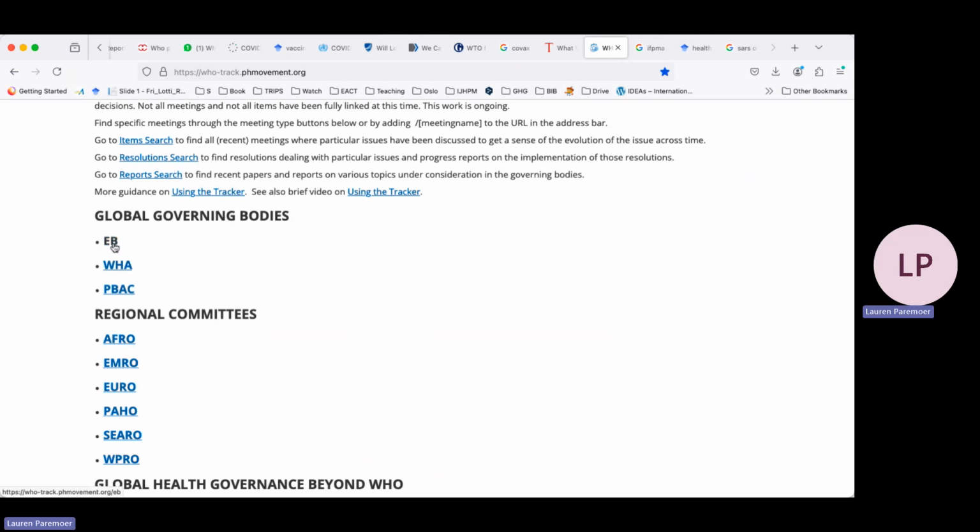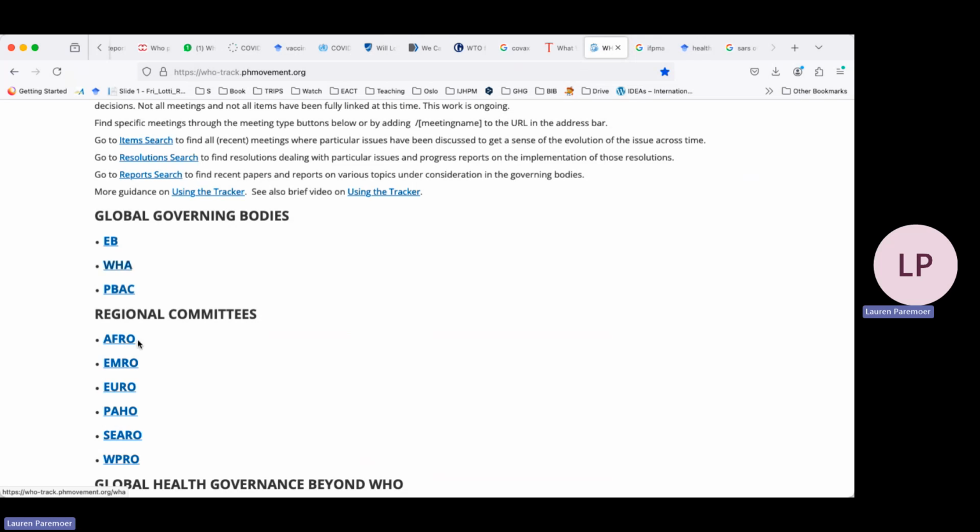The Executive Board meeting happens usually in January and prepares the agenda items and documentation for the World Health Assembly, which usually happens in May. The Program and Budget Administration Committee is a subcommittee of the EB. And so the PBAC is the smallest committee. It feeds into EB, which is a bit bigger and has regional representation from all regions of the WHO membership. And then the biggest meeting is the Assembly, which happens in May and where all member states are eligible to